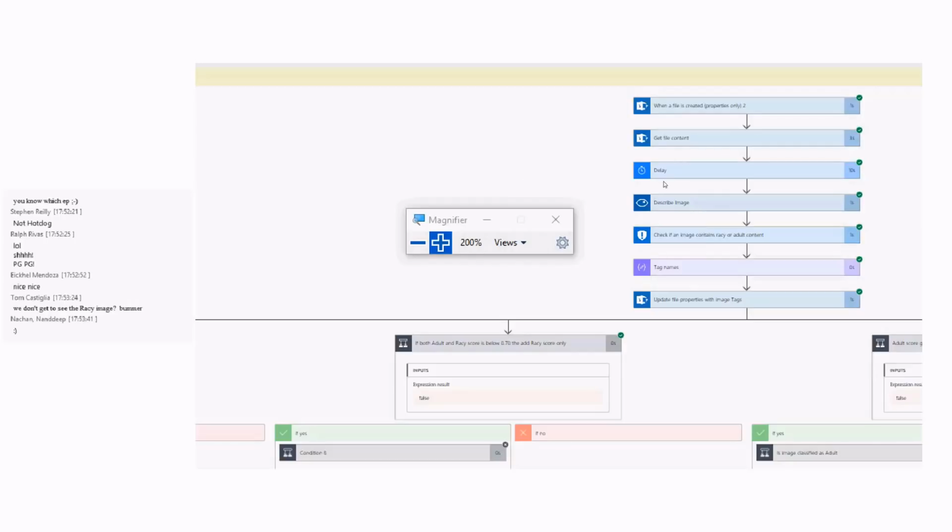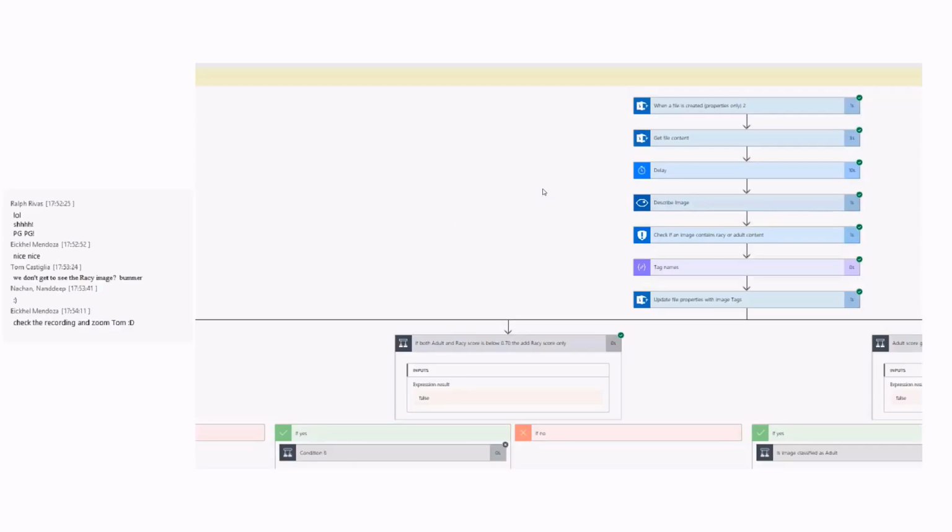Then I send that image over to the custom vision, because that's how I get the tags. Regardless of whether the image is PG-13 or R-rated, I at least want the tags to come in, so that I can always tag my images. That's one of the demos that was also shown at the SharePoint Conference North America. Then what I'm doing is, after I go ahead and take,